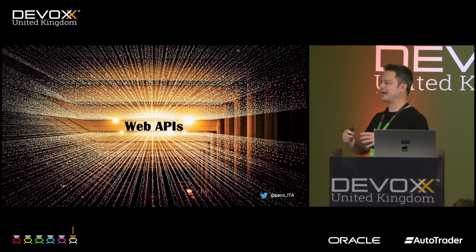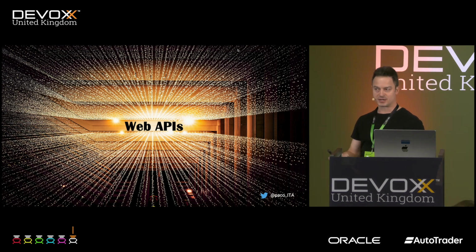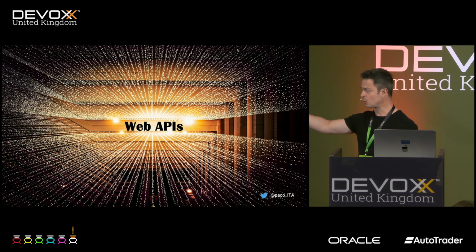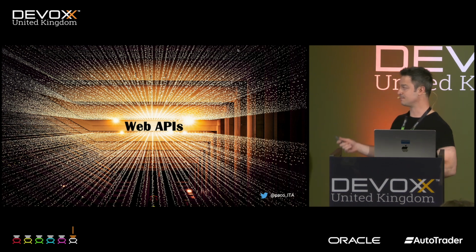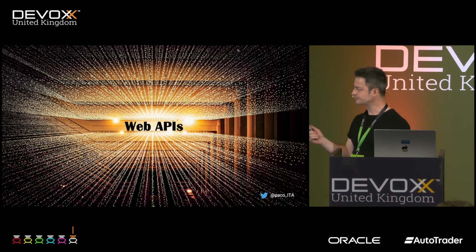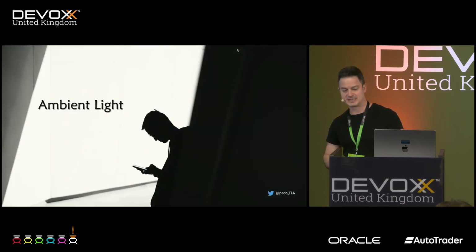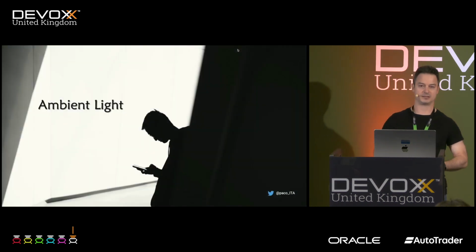So web APIs allow us developers to really bring new and innovative functionalities to our web applications. Web APIs are framework agnostic. That means that we can use them with vanilla JavaScript, React, Vue.js, or Angular. Doesn't matter. They all work the same. The first one we will see is the ambient light interface.